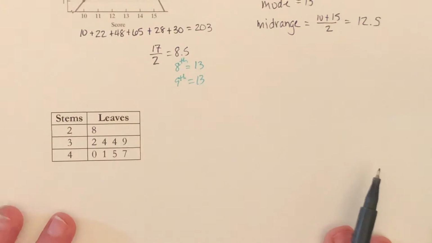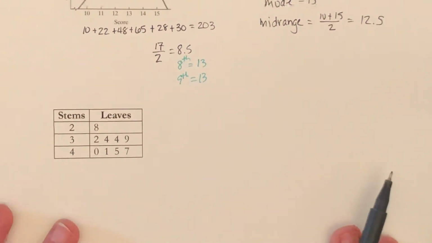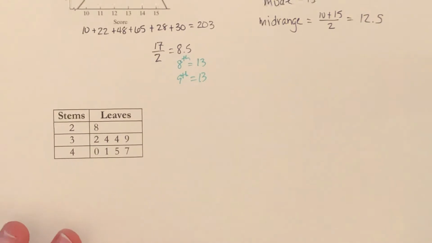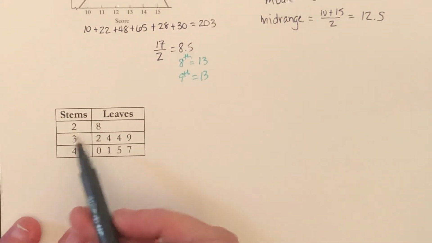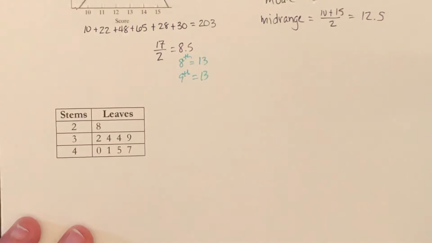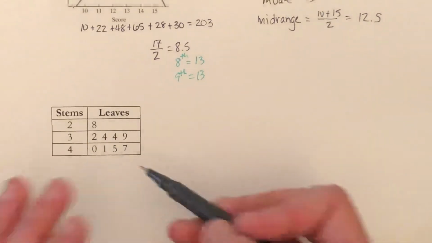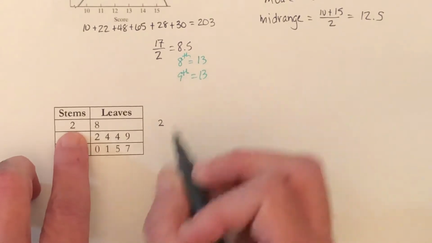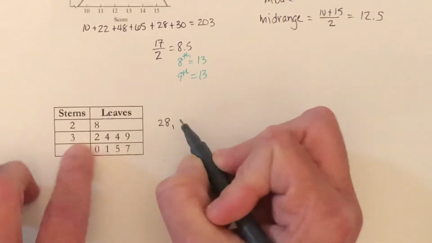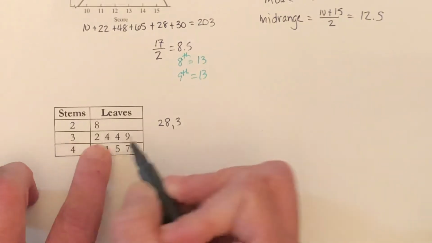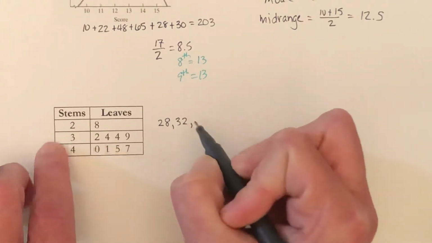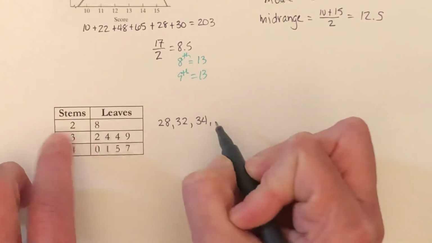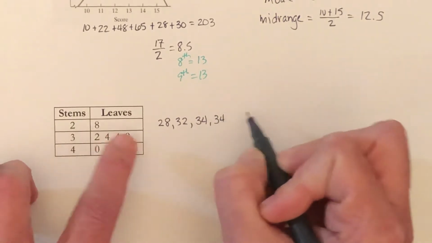Okay. So now let's do this with a stem and leaf plot, and this is not a frequency distribution, so we get to go back to the easier form where we don't have to do any multiplications. What I do want to do is I find it a lot easier to take it from this and list them. It's nice because it's easier to get them in order, because at least you know what your 10s value should start off with. So I have 28. And then I have 32, 34, 34, 39,